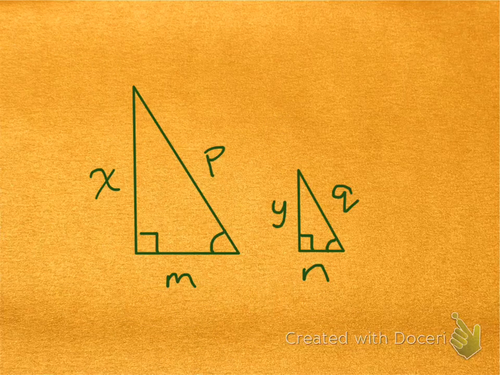If we have two triangles, we should first be able to tell that these two triangles are similar because of the angle-angle similarity postulate. They both have a 90-degree angle. They both have a congruent angle as marked, which means they should be easily defined as similar triangles. And when you have similar triangles, that means all of your angles are congruent. It also means that all of your sides are proportional. So I can make a proportion with my corresponding sides. This side x corresponds with this side y. So I can say x over y